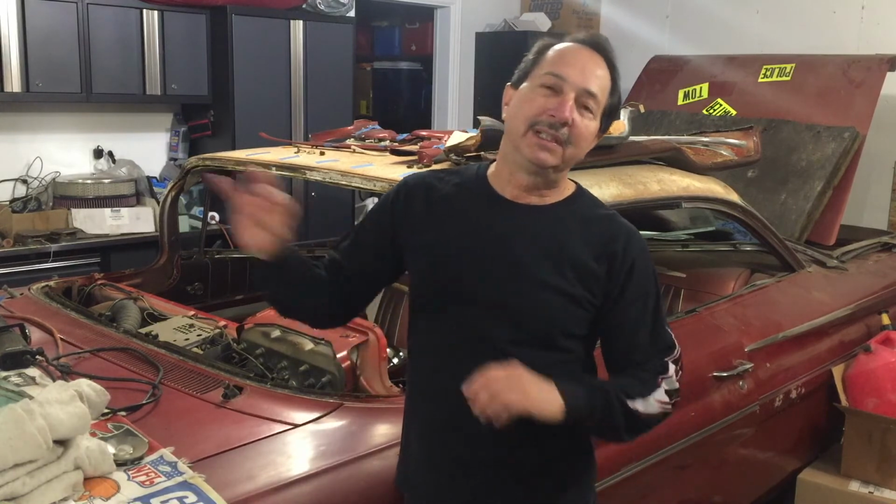It's getting pretty exciting. I can start putting all the panels back on it, realigning everything, get the whole front end back on, get all the doors on. I've got my parts car. I'm swapping parts back and forth. I'm checking fenders. I'm looking at different doors and trying to decide which is the best parts to put on it. Now that I've got it set in my mind that I want to go custom on this car, I want to have that